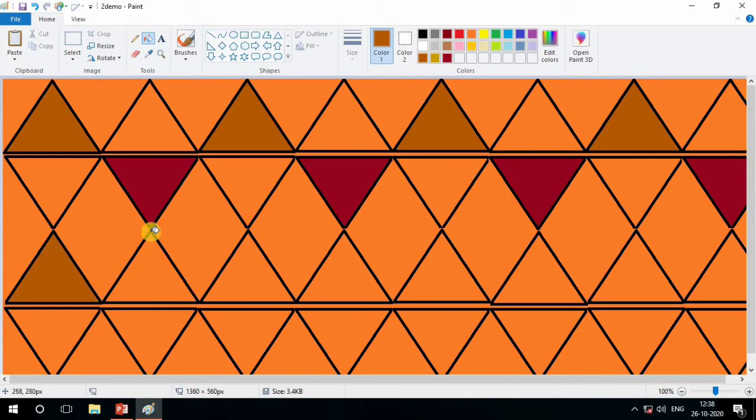Okay. Now see, second, skip, third, color it, fourth, skip, this one, color it. Now seventh number skip, eighth number done. So we can color these shapes.